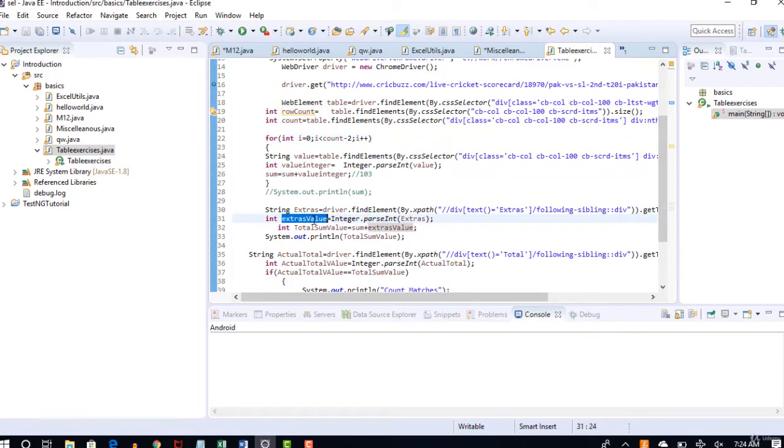Extras value: when there is a variable like this, it should start with a small letter, but the next word V should be a capital letter. And this is wrong. T should be a small letter here. And you see, the next word is sum, which is capital, and again the next word is V, which should also be capital. All subsequent words should start with a capital letter, but the first letter should be a small letter.